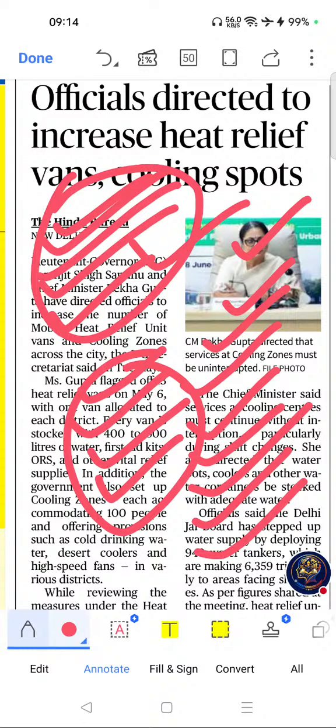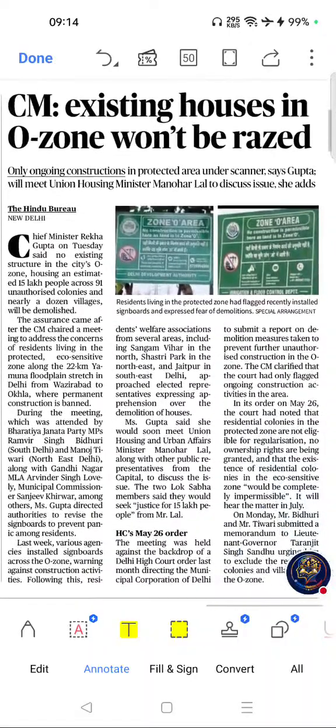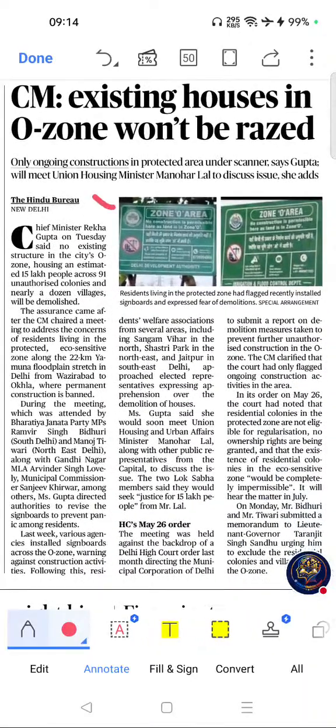Move on to the next important article from this page. It was this one: CM, existing houses in O zone won't be raised. If you see the importance of this article,